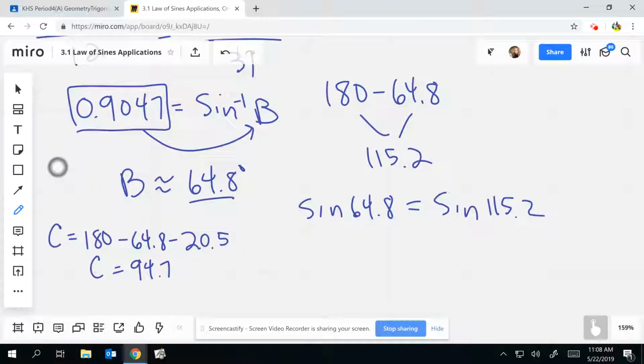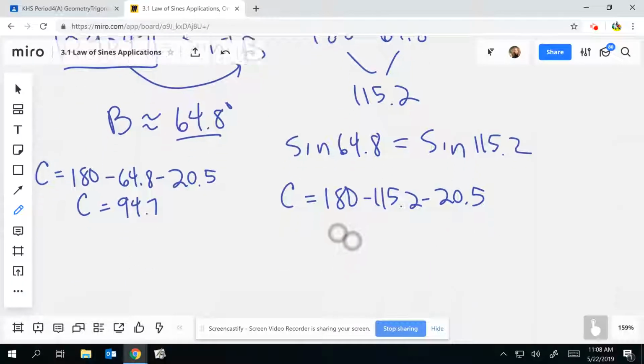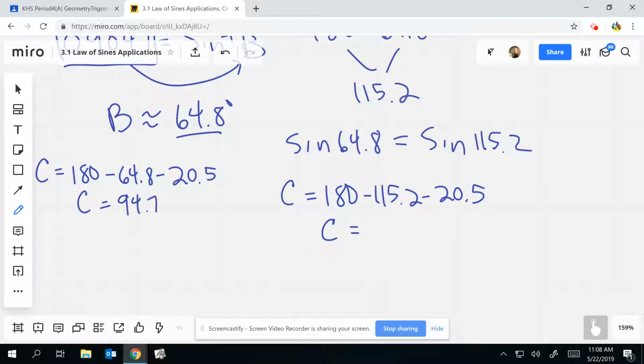If you had gone with B as the obtuse angle, let's say your triangle had B as an obtuse angle of 115, then you'd have to find C as 180 minus 115.2 minus the 20.5, sorry, not 64.8. So this time your angle C would not be obtuse. It would be an acute angle. 180 minus 115.2 minus 20.5, so you get 44.3